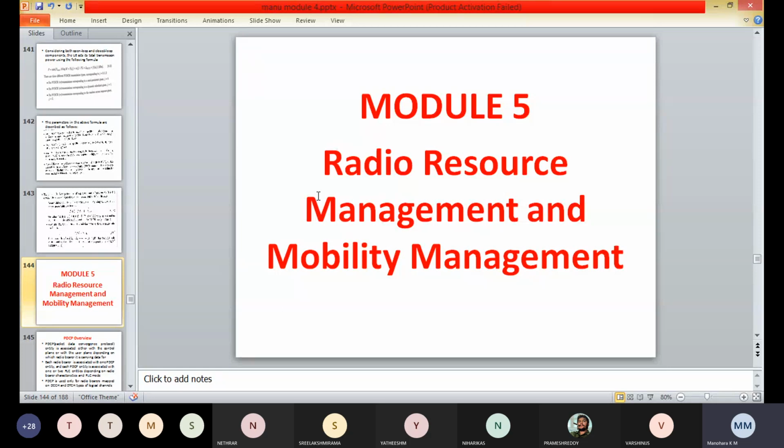So before going to study the radio resource management, we have some introduction points. Here is the LTE packet switched network from end to end, which is between the packet data network gateway, that is the PDN gateway, and the user equipment.